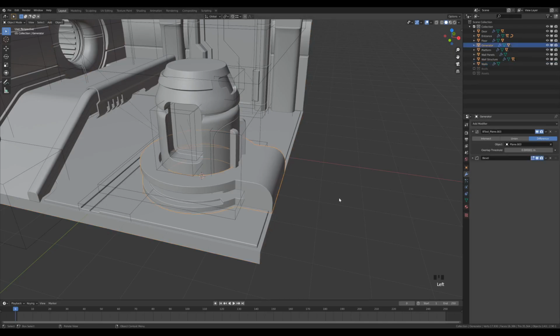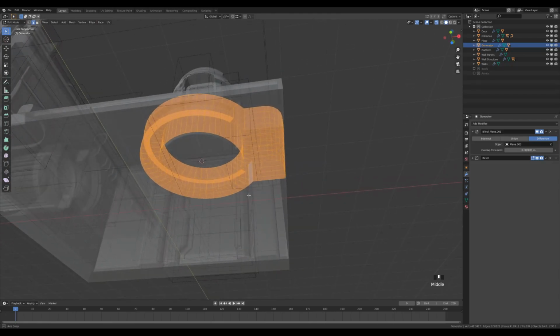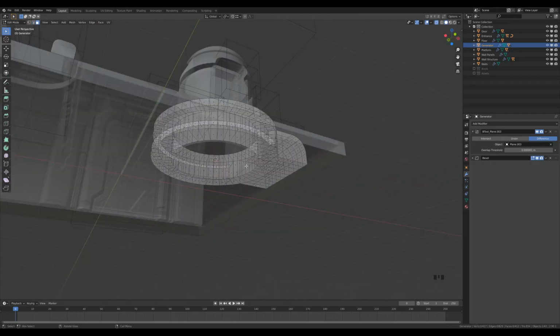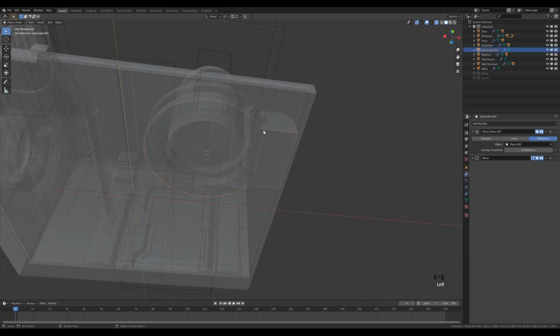So let's select the ring structure here, and let's go into the edit mode. First of all, we'll need to select the bottom part, so I will toggle X-ray and look from the bottom, and we can now go to the edge select, alt click here to select this loop all around, and now continue by holding shift and clicking these loops, and alt shift click here to close that, press shift D, enter, P to separate, and now tab out, select the new object, go into the edit mode, select all and press